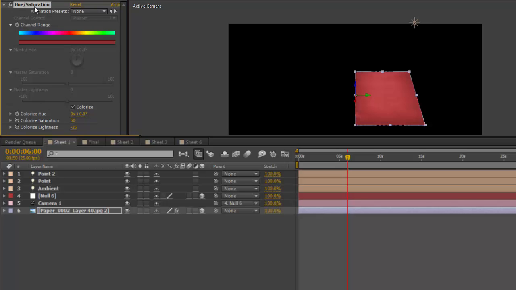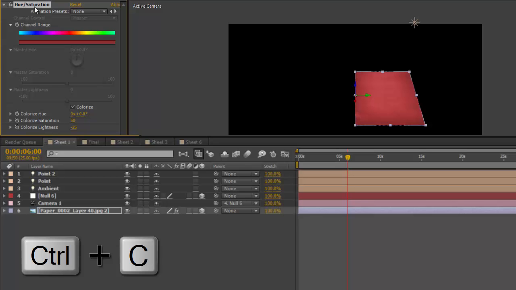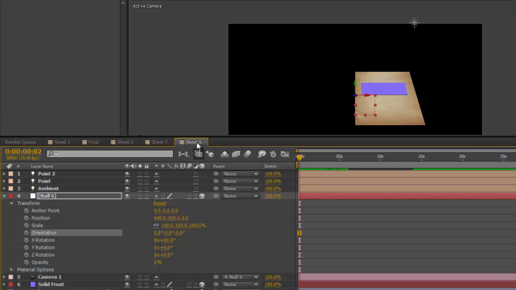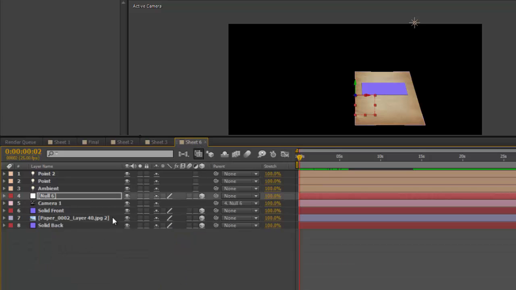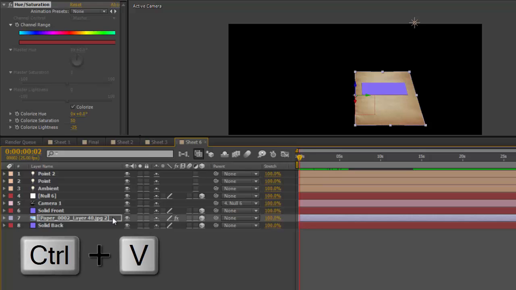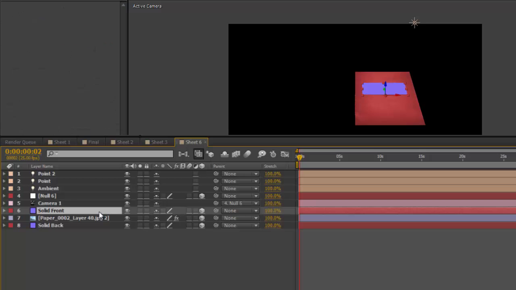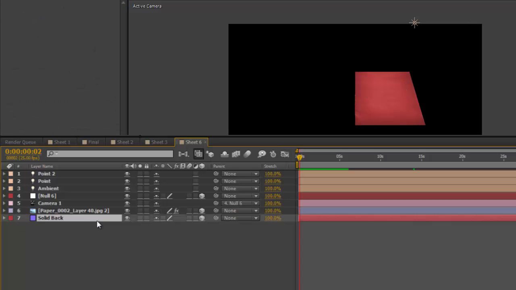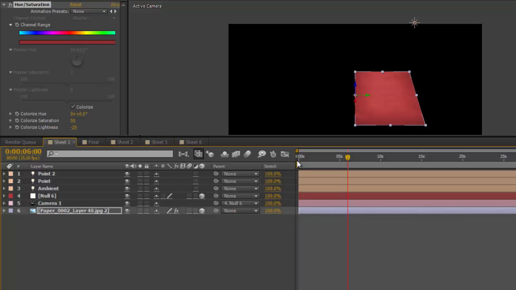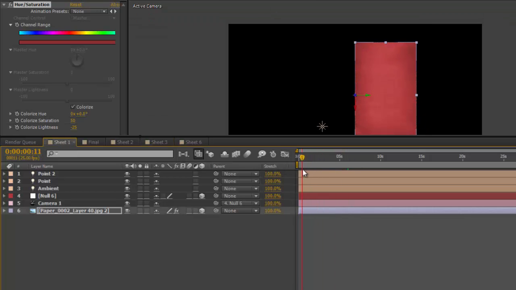Select the hue and saturation and Control-Command-C, make a copy of it. Open sheet 6, select the paper layer, Control-Command-V, and while we're here, delete the solids, and go back to sheet 1, take it back to the beginning where it's standing upright,